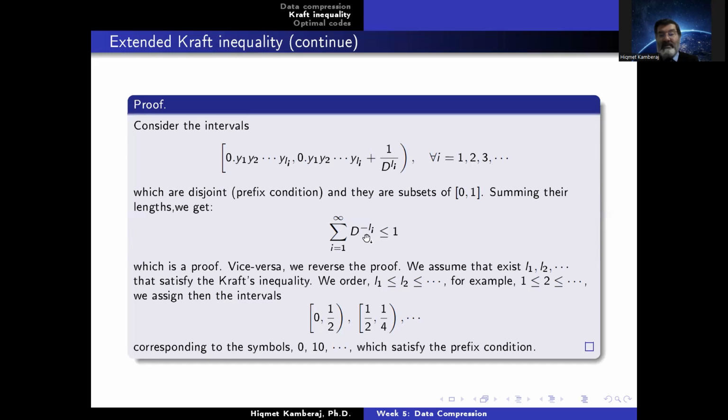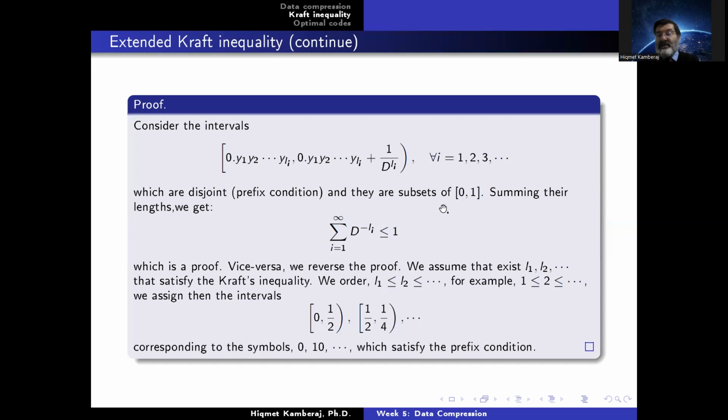Where does this come from? First of all, the length of each of these intervals that you see here: take the upper limit and subtract the lower limit. Then what you are left with is 1 over D to the power li. If you sum up all these infinite intervals, 1 over D to the power li, written as D to the power minus li, then you get the left-hand side, the sum over i from 1 to infinity of D to the power minus li, less than or equal to